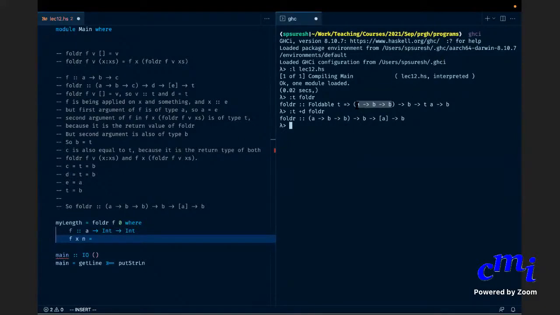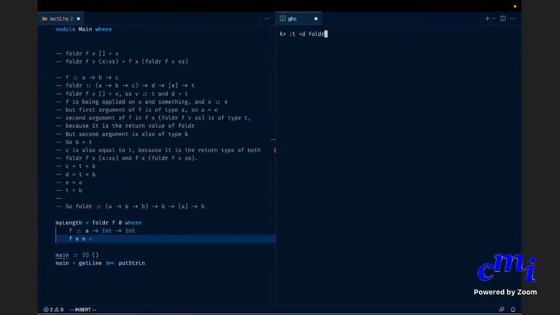See, f will operate on two values, a, b, and return a value. The b might be a list for all you know, but right now you don't know. So you are dealing with a list of elements of type A, but f will be operating on two arguments. The first argument will be the element type of the list. So look at this. Let me clear this. So you have list A here. The first argument of f is the type of the element of the list. And the second argument is whatever you want to return. In this case, what is it that you want to return in my length?